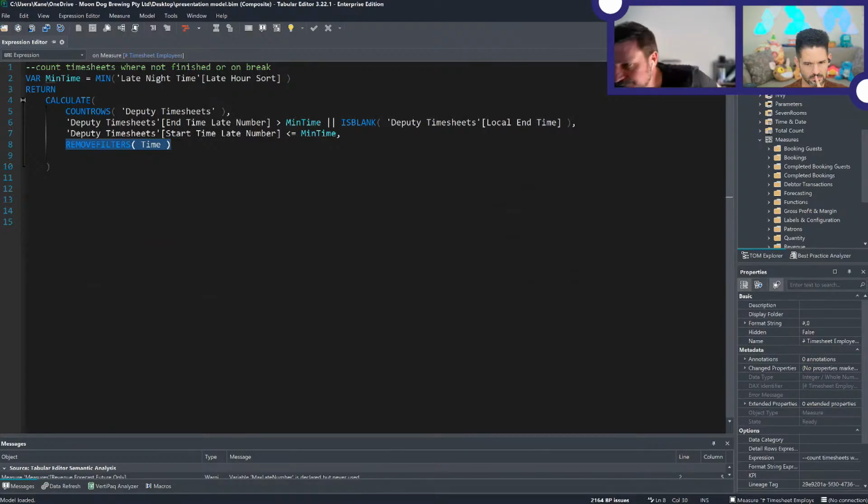give me all the timesheets that end after 1 p.m. because our minimum time is 1 p.m. Give me timesheets that end after 1 p.m. or where the end time is blank, so they haven't finished because they could still be in progress. Like I said, this system, people log on, the timesheet clicks. So anything that's ended after 1 p.m. or has no end time, and anything that started on